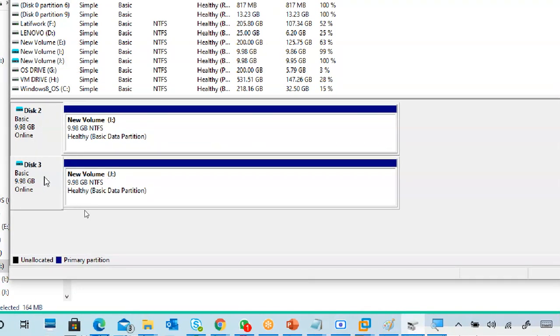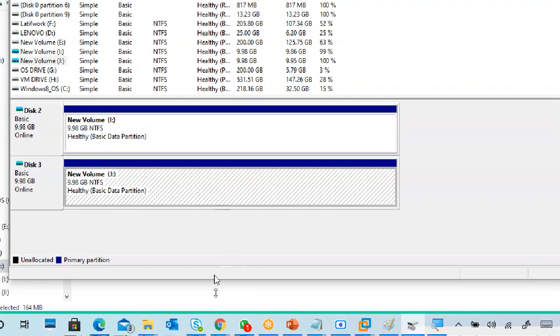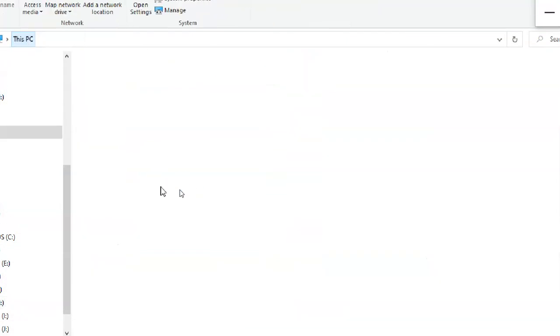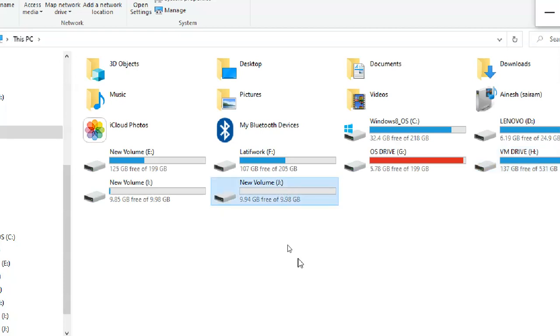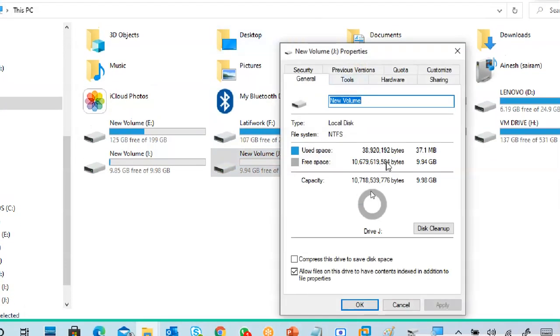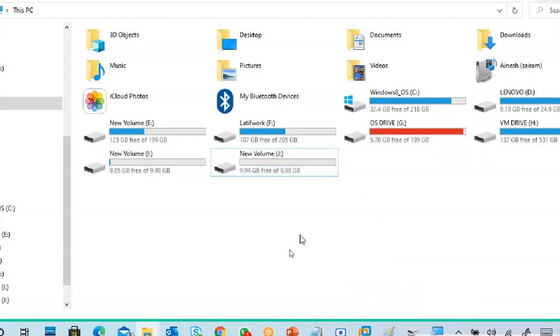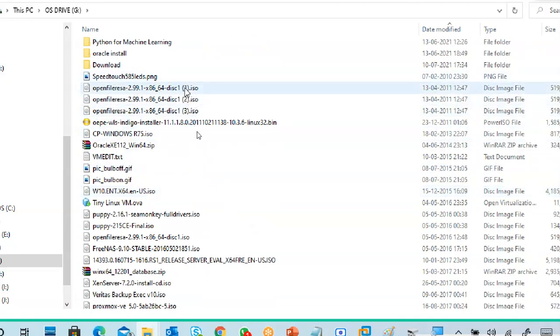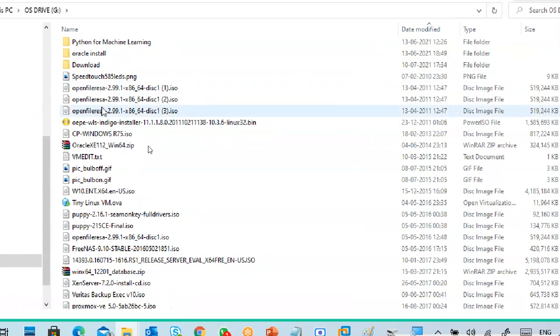Okay, this is another VHD. If you want to put data in that one, we have to put some data. So this is the J drive. If you look at this one, it shows as a 10 GB drive only, used space 37.1 MB. Now I want to put some data in that one, a little bit bigger size data. How much is it? 500 MB only.